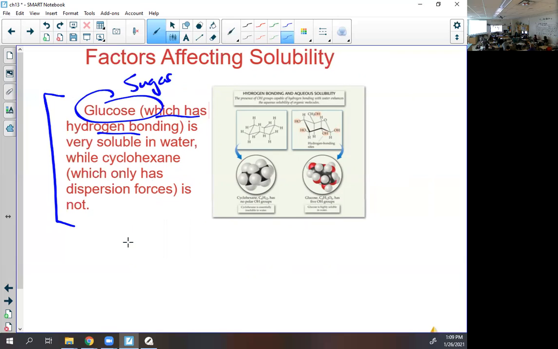So there's so many different things that go into dissociation. Wait, I'm confused. Yep, go ahead, Grace. So the stronger the intermolecular forces, the more soluble it is in water. That doesn't make sense. They have to have the same. The closer, the greater it is, means it being more polar. Okay. And so that will cause it to be more soluble in things that are polar. So since both sugar and water have strong intermolecular forces, then